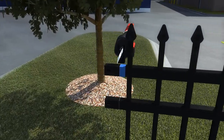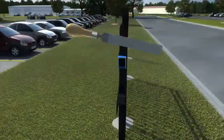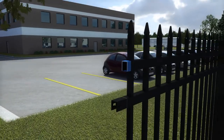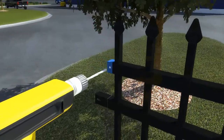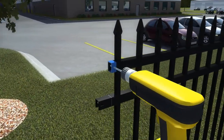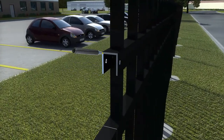With safety in mind, support the panel and cut completely through each rail. Remove any rough edges with a file, as well as any debris or metal shavings from the cut area. Mark a new bracket hole in the center of the rail and drill completely through the rail using the appropriate tools. Using the Ameristar primer and paint pen, apply 1 coat of primer and 2 coats of paint to the